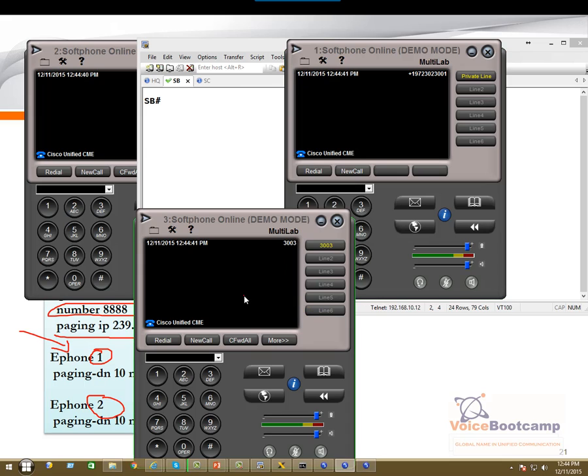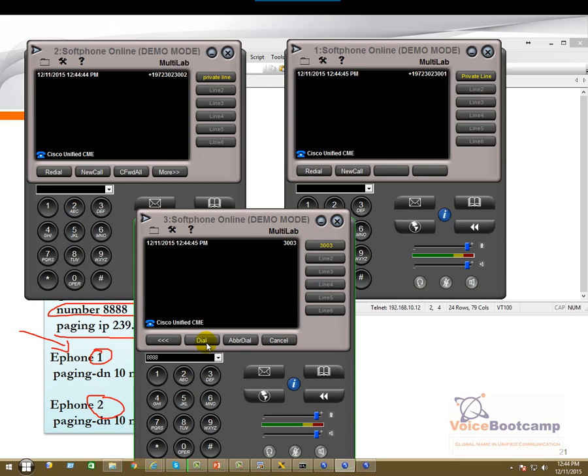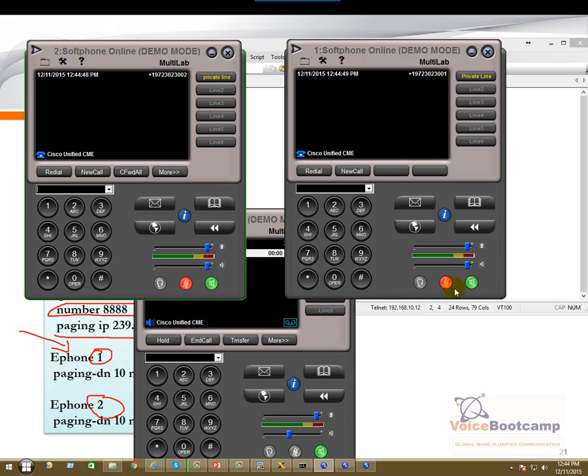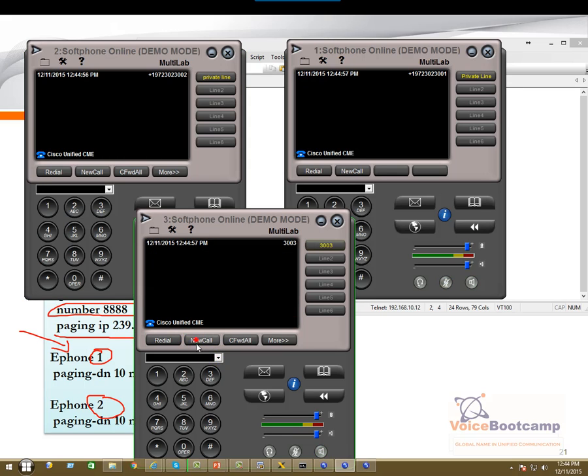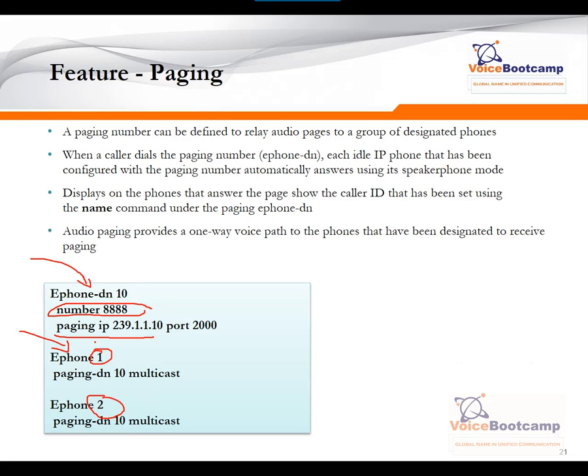Okay, so if I dial 8888, see both phones are red. It's red. So that means they are in listening mode. So if I hang up, they change their status. Okay, so that's the basic. I can't really do a quick testing honestly because I'm using the same desktop for all three phones